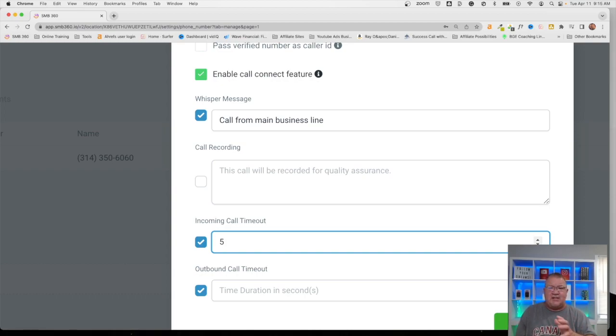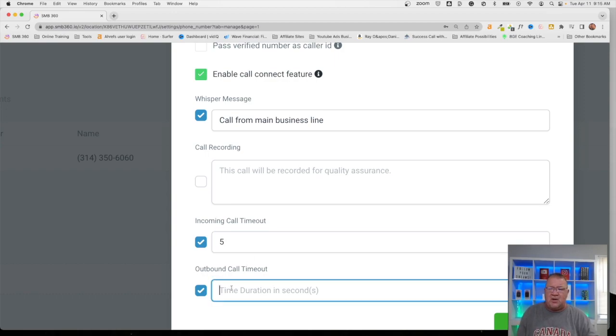So this is the timeout setting that you have to adjust here to say, if you don't pick up after 5 seconds on your mobile device, then cut it off and we want the voicemail to be left on the LC phone system. So anybody on the team can potentially access that and reply back to it. So hopefully that